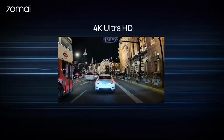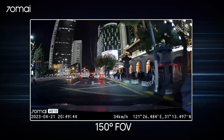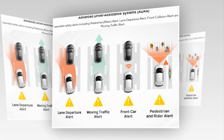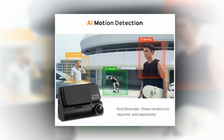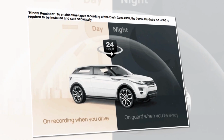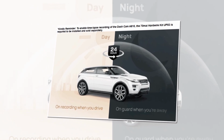With rear camera support, this 70mm A800S Ultra captures both the road ahead and the traffic behind you. Whether you're navigating busy streets or highways, this dash cam ensures complete coverage. With motion detection and parking monitor, this 70mm A800S Ultra keeps an eye on your vehicle even when you're not around. Equipped with a G sensor, it automatically locks important footage during sudden stops or collisions, ensuring critical moments are